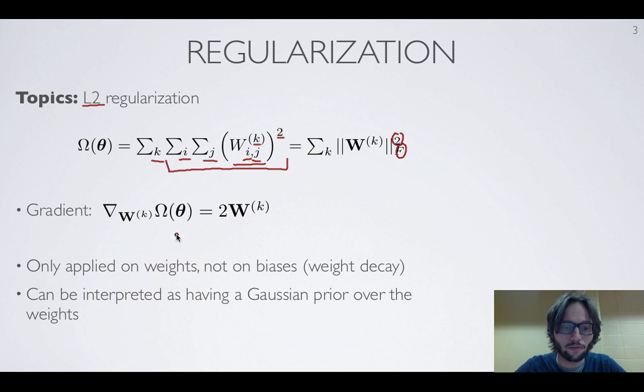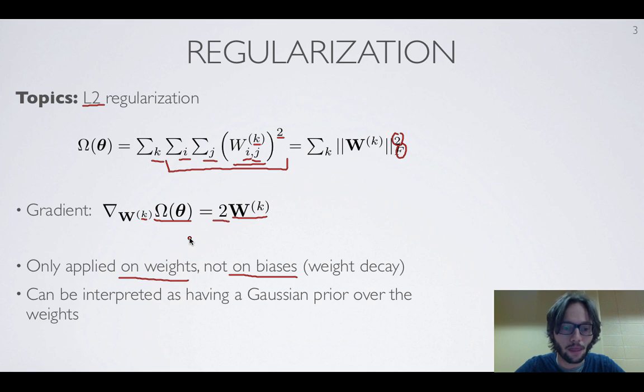The gradient of the regularizer with respect to the weights for the kth layer is actually very simple. It's just 2 times the weight matrix. As an exercise, you can try to derive it, but you'll see it's a very easy result to obtain. Like I said, usually we only apply it on the weights and not so much on the biases. We don't expect to overfit the training set by changing the biases a lot, but more by changing the weights, which really dictate how the function can become more or less nonlinear and so more or less flexible